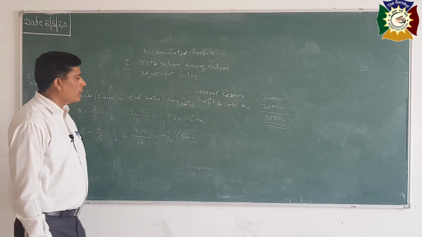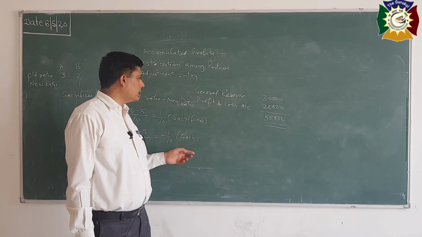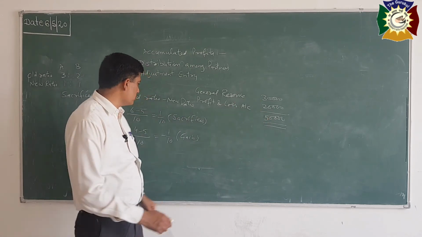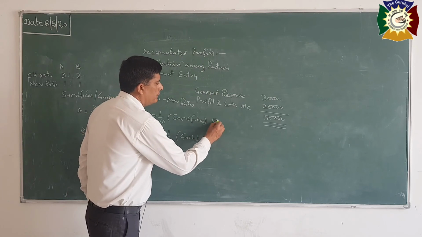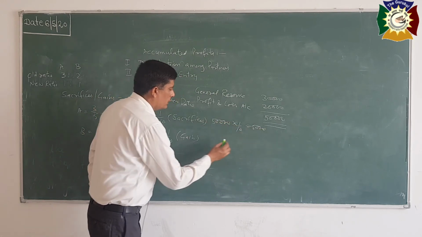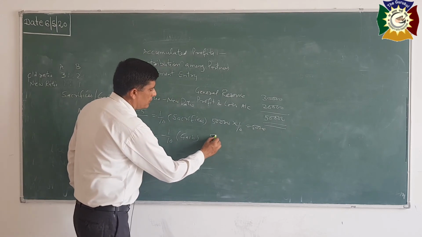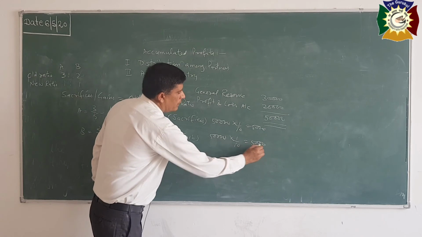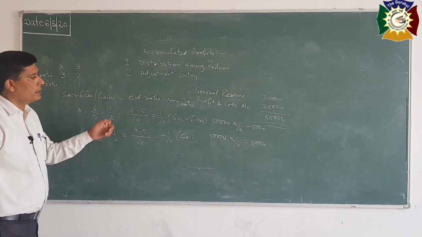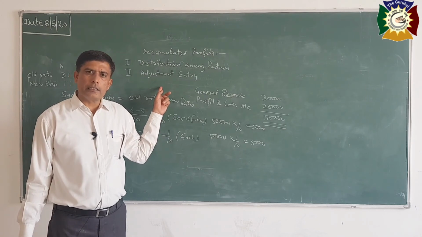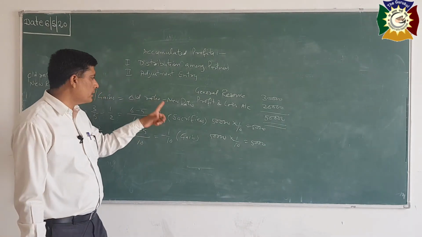So now calculate the 1/10 share in total of these undistributed profits, that is 50,000. So A's share will be 50,000 into 1/10, that is 5,000. And B's share is 50,000, same, into 1/10, that is also 5,000. And the adjustment entry, like goodwill, will be the same. Debit the gaining partner and credit the sacrificing partner. So the entry for this will be